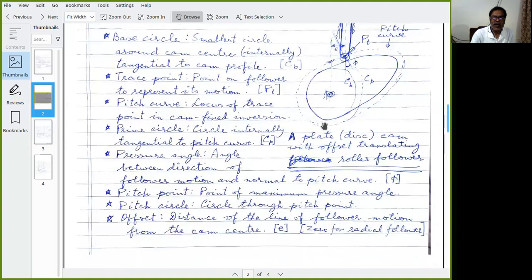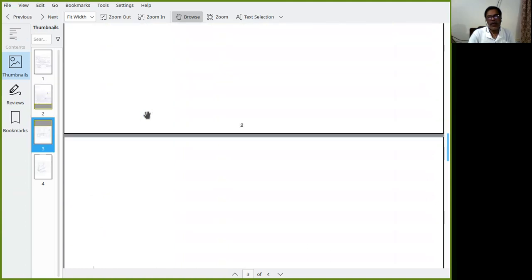And offset, I have already told you, is the distance of the line of follower motion from the cam center. In the case of a radial follower, this offset is 0. Okay. So now this is so far as the description of the cam. Now the follower doesn't need any description, it's just a body which has to be pushed and